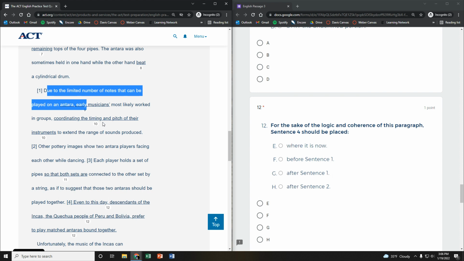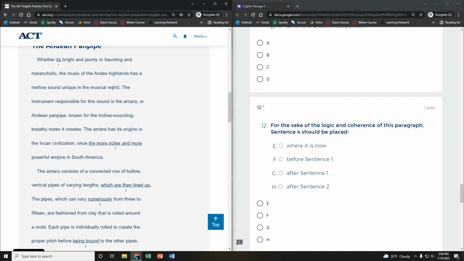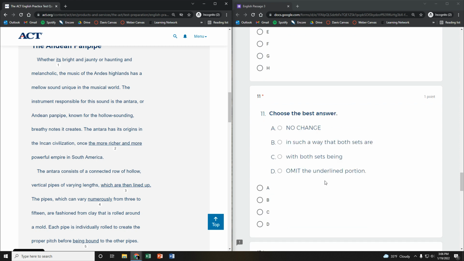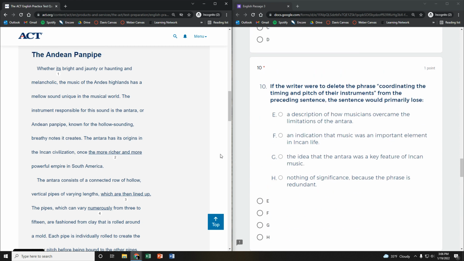Also, I think you noticed on last week's, there was a question that said, if the writer's purpose were to blank, did the writer accomplish that purpose? Yes or no? You can't answer that question if you haven't read it in its entirety. So I recommend taking the time up front, reading the passage all the way through, and then answering the questions well. All right, so now I want to go over some questions that